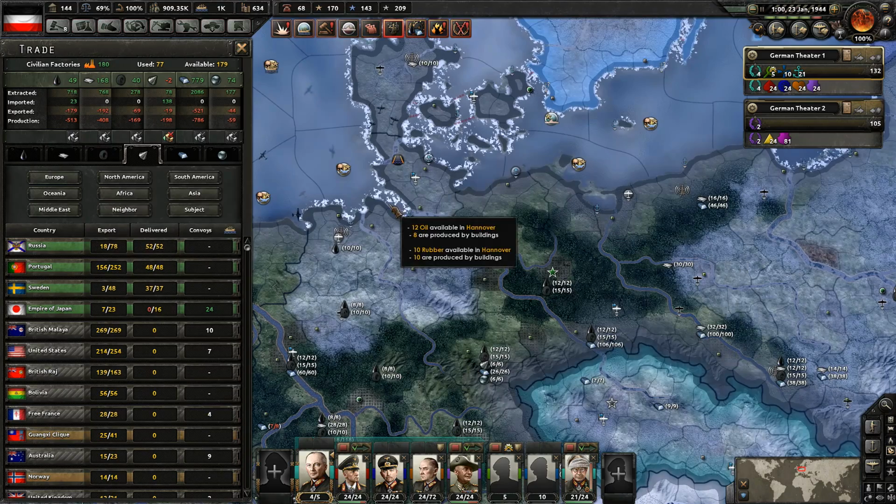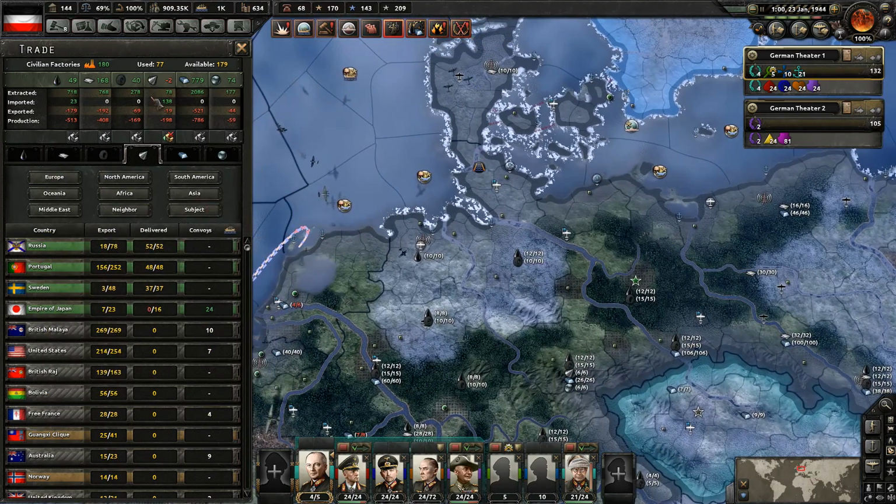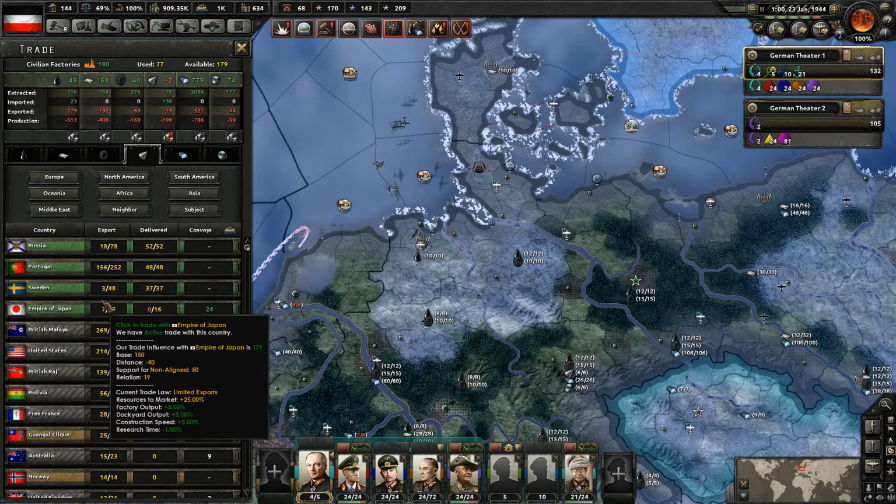So we're going to do all that for right now, and then we'll be done with that. We won't build them anymore. We'll focus on other stuff. But for right now, that's what we're going to do. We also need better radar, too. I didn't realize that. So yeah, tungsten is still a problem. And we're going to continue...